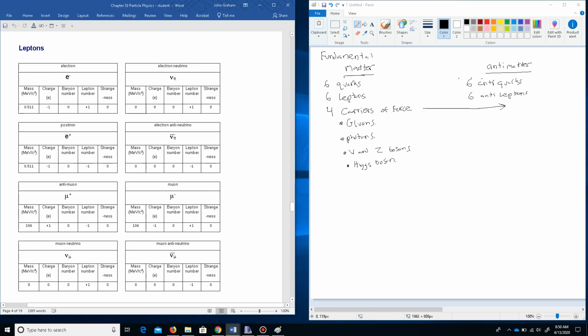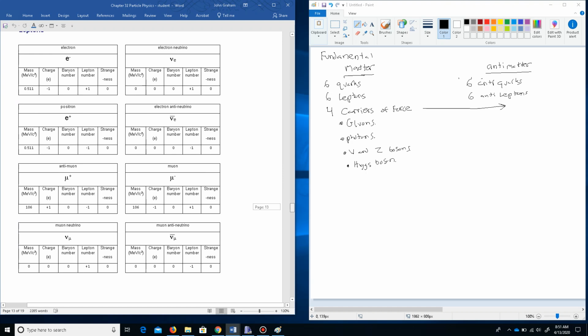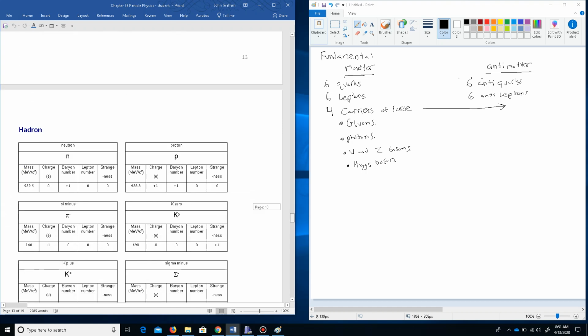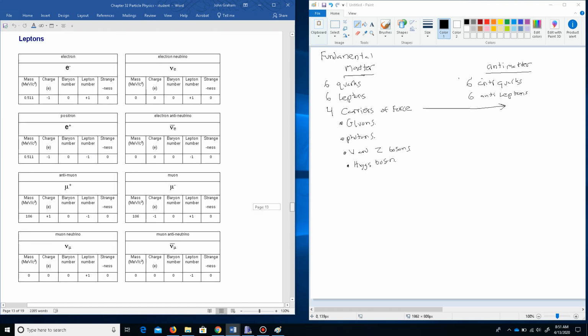Right, well, I have the different leptons listed out. So electron, neutrino, positron, electron antineutrino, anti-muon, muon, muon neutrino, muon antineutrino, and then I don't have all of them, but we have some of them listed out. I thought I had tau, but anyways,